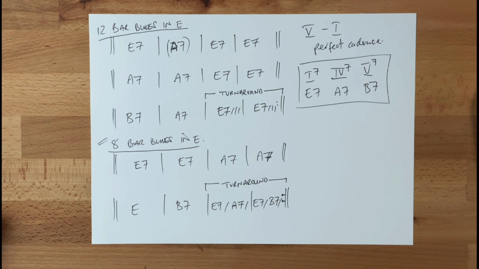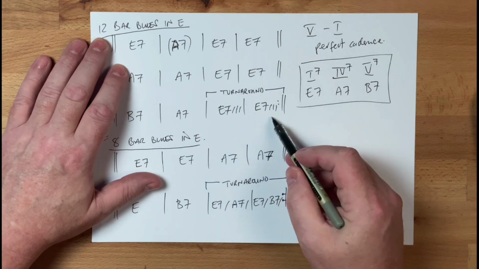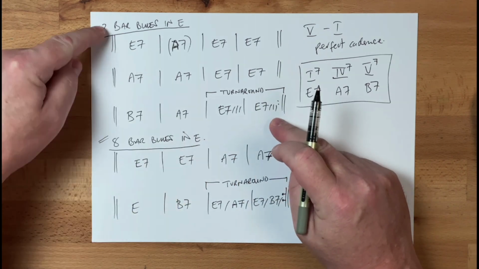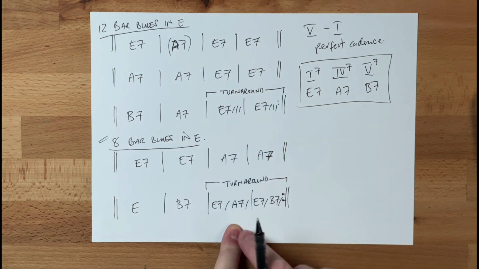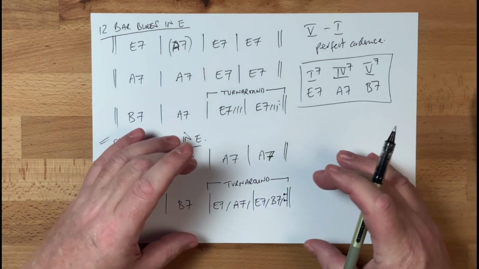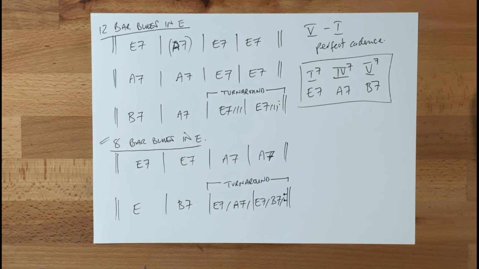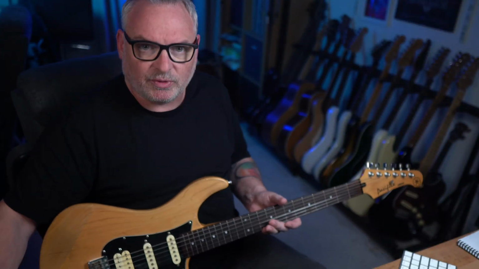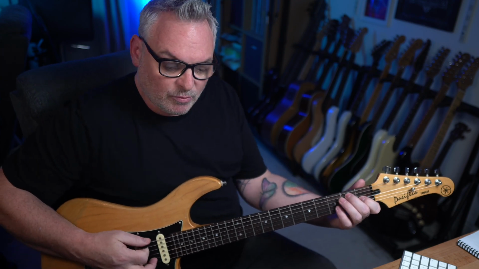chords in this blues. But the thing is, the way that this has evolved, the turnaround, you know, it's just showing you from this version here, and this is a basic blues with something called a quick change, and then here in this 8-bar blues we've got this fancier turnaround here with better chords, you know, more chords in there, a little bit more interest. So if I was to play that, I'm just going to play that as is. So if I just played the turnaround on the 12-bar blues, it would be,